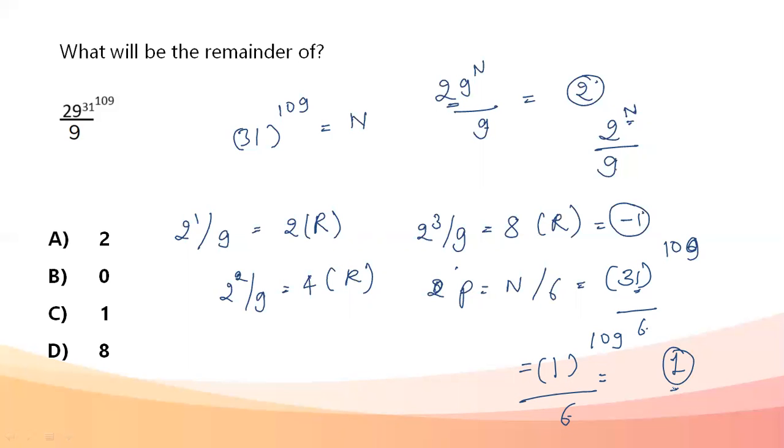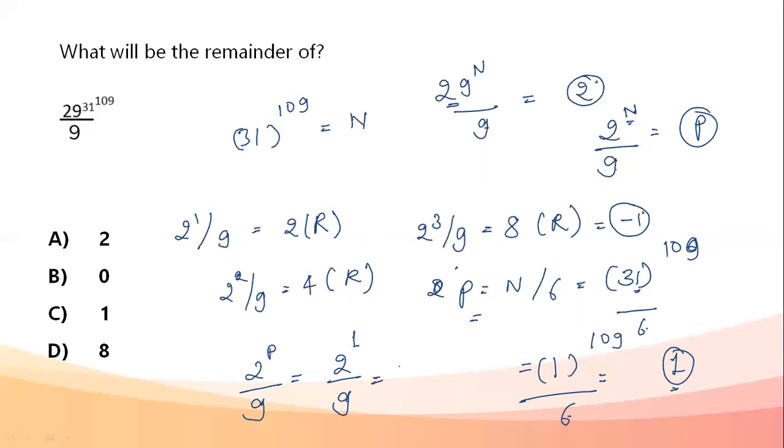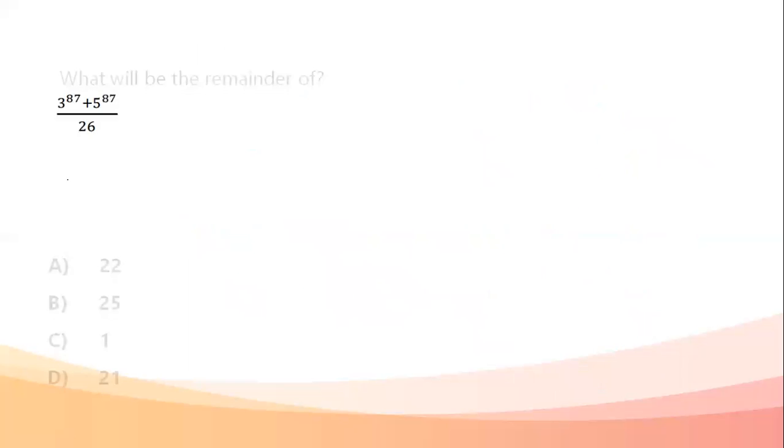Now let's put it again for p. So p finally comes out to be 1. Putting the values, this whole expression has now reduced to p. So 2 raised to power p divided by 9 is what I have to find. 2 raised to power 1 divided by 9, the remainder in this case is 2. My answer is simply 2. Or what I could have done was multiply the power taken for the unit place and consider. So both are the same. The answer remains 2 in both cases.